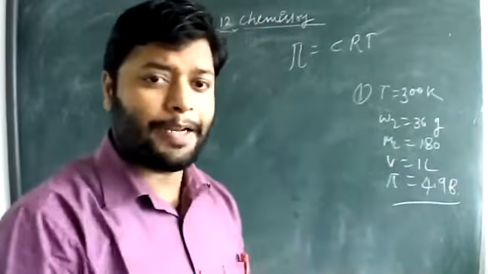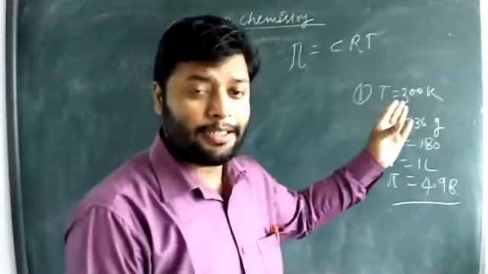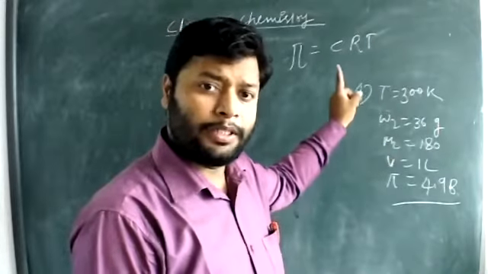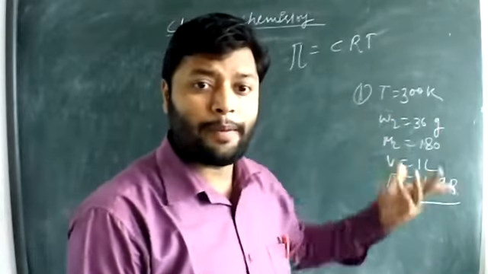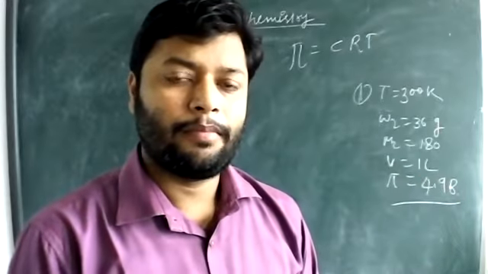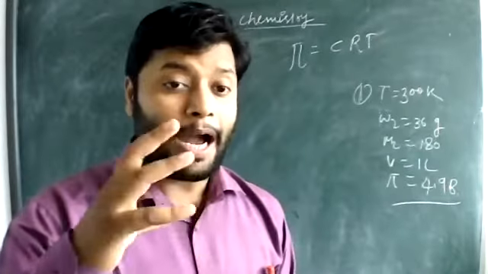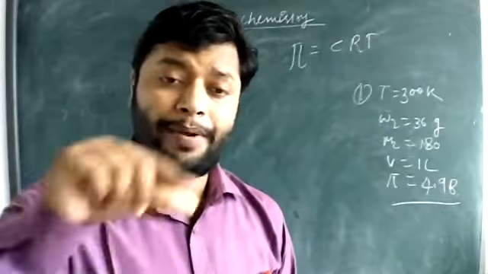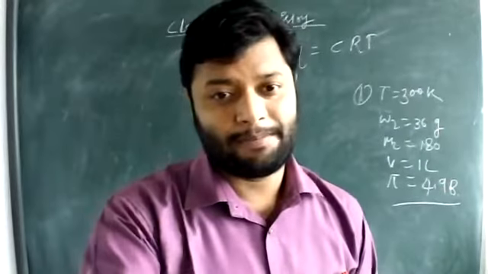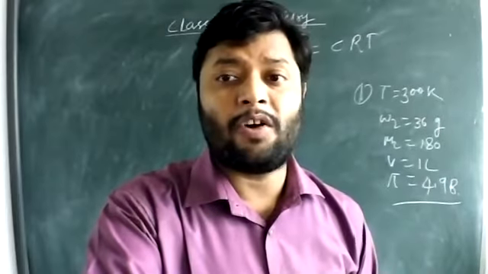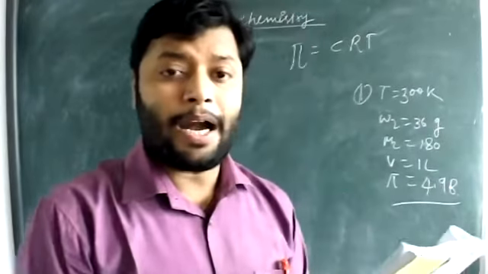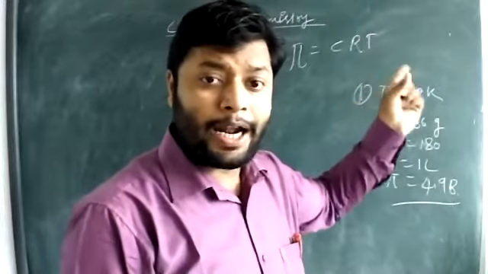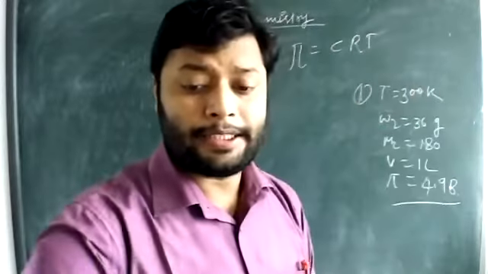All the necessary things are given. Temperature given, concentration, number of moles upon volume, given, pi given. What do we have to calculate? We know the value of R, that is 8.314 joule per Kelvin per mole. Still we have to calculate the value of R in the question, and the same R value calculated in the first condition will be used in the second condition.